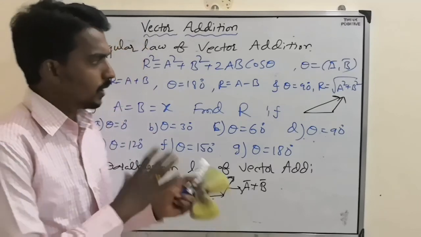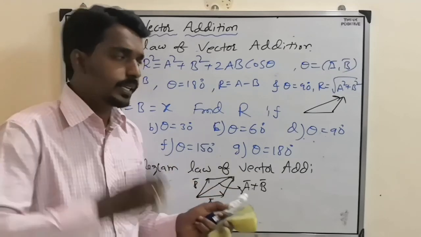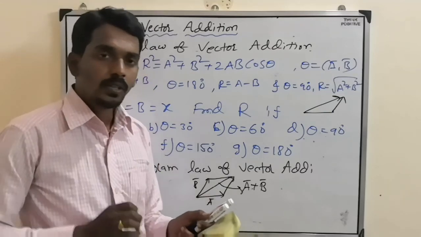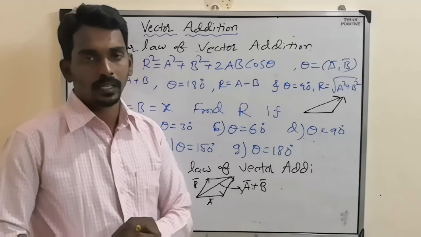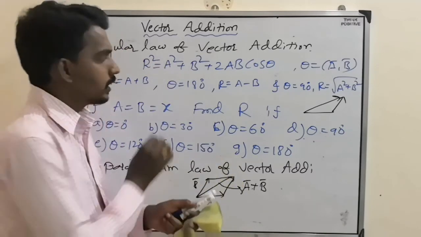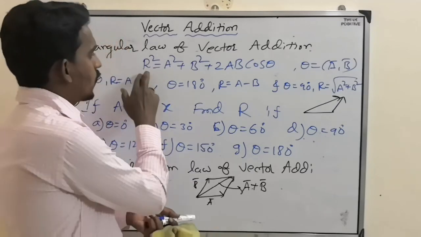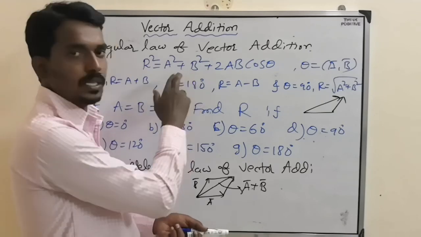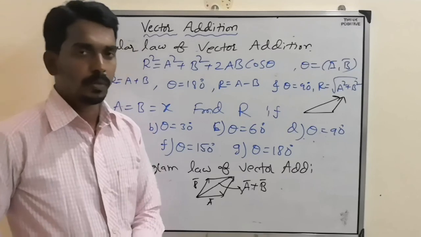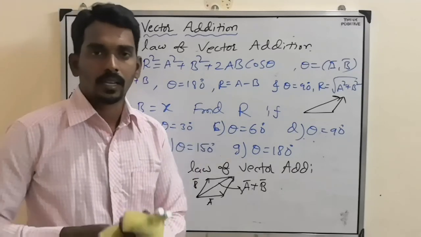Right? So today mainly what we have studied is how to find the direction of R bar, which is nothing but A bar plus B bar, using the triangular law of vector addition. And the formula we have taken for finding the magnitude of the resultant of A bar and B bar is R square equal to A square plus B square plus 2AB cos theta. Right? So please practice and solve this, then attempt the assignment properly.